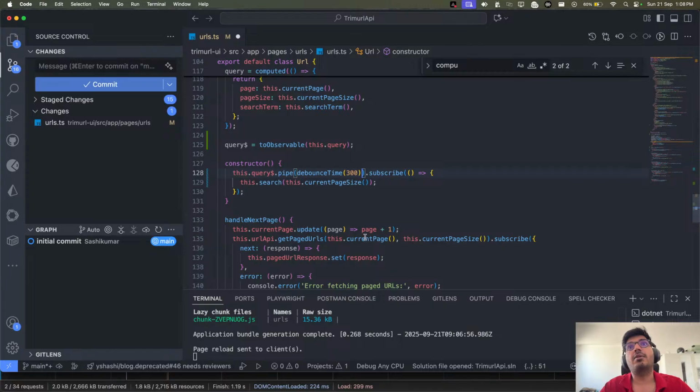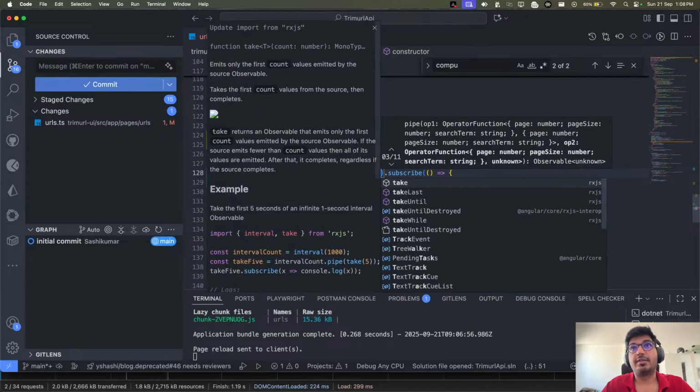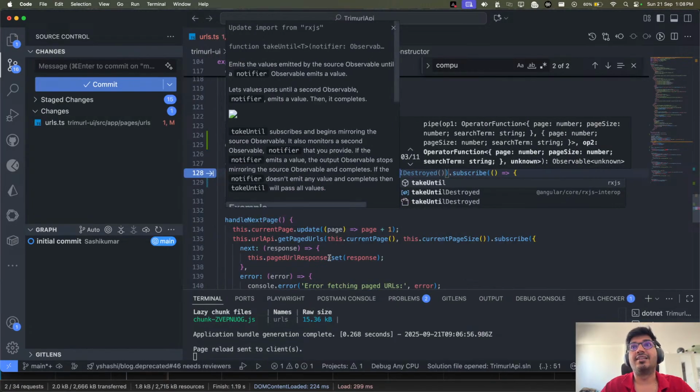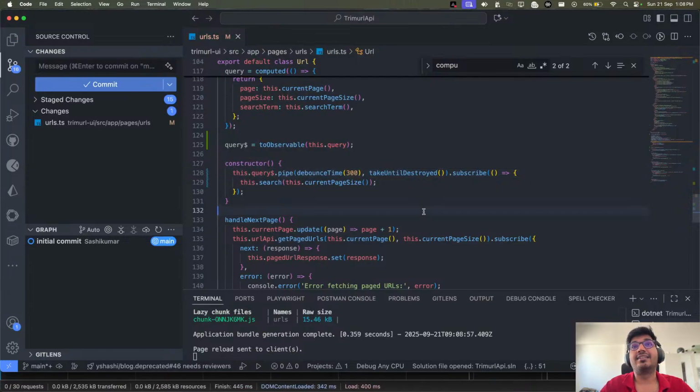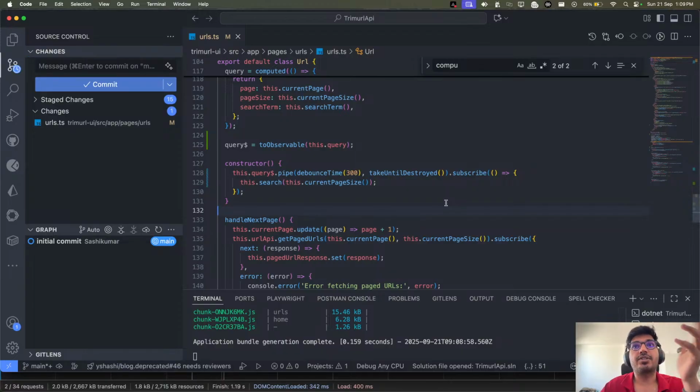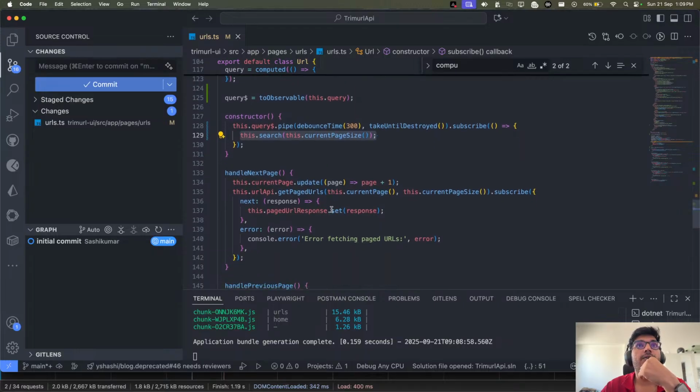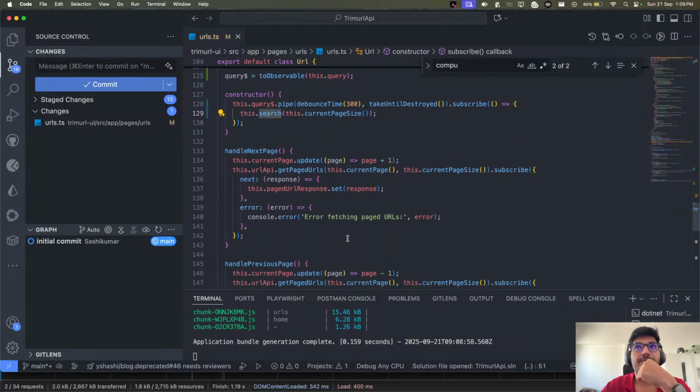We have the debounce time, and if you want we can also make use of takeUntilDestroyed, so that it handles the unsubscription if you change the page, and you don't have to do it manually. This is what I have at the moment, but now I don't want to do search explicitly.